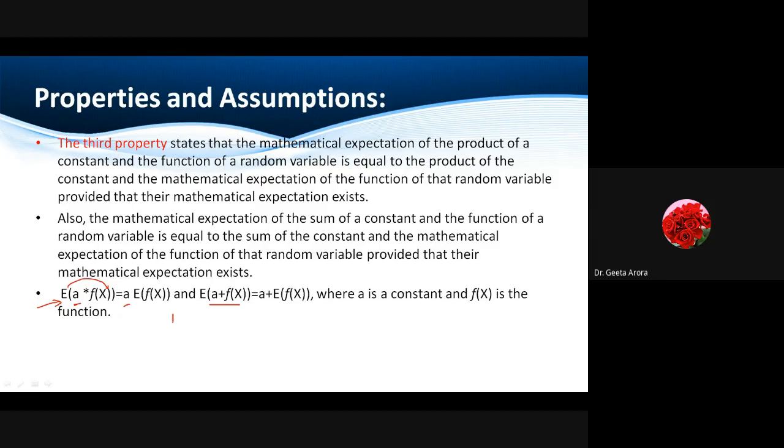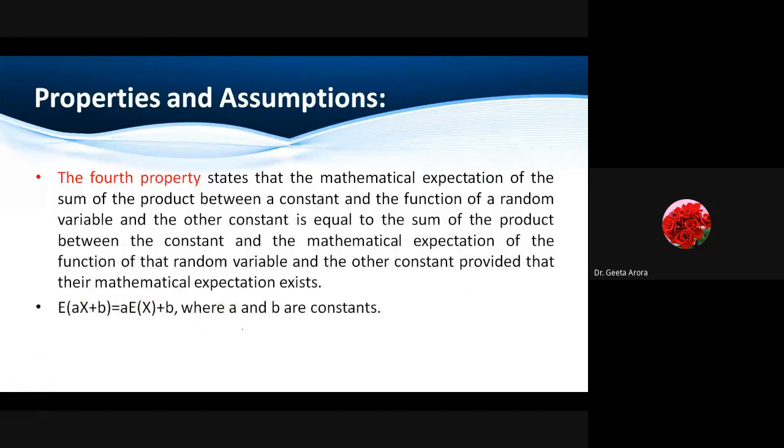You can note it down if you want to: the expected value of a constant a is the same constant, because there we do not have any values. So if we take this, obviously a will come outside and it becomes the expected value of f(x). Similarly here, E of a plus E of f(x). E of a is a, and it gives me a plus E of f(x). This is how we have the values.